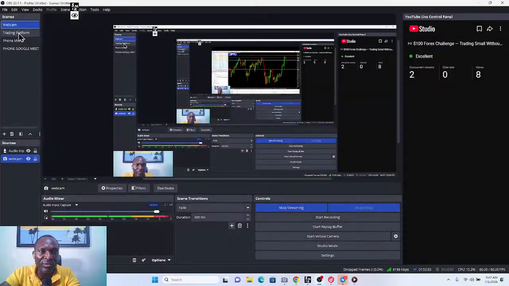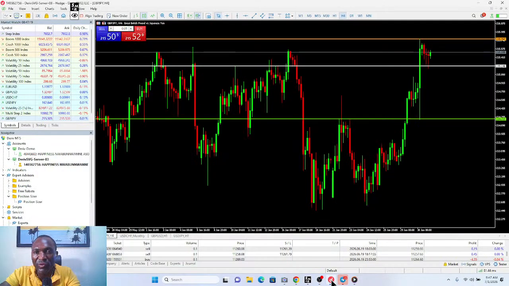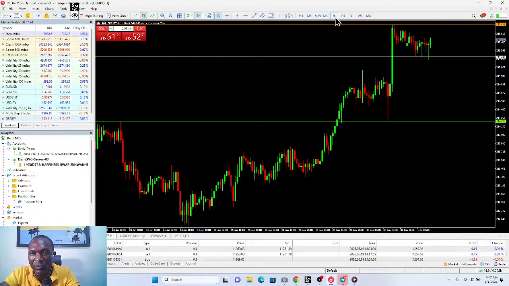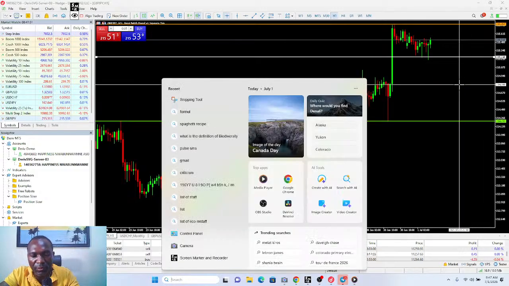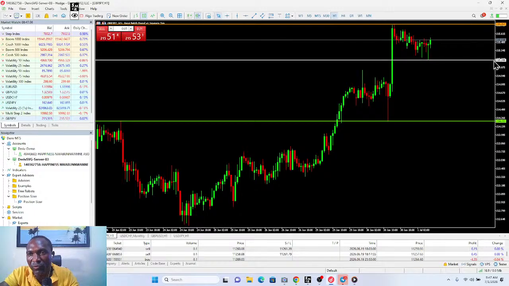On this challenge, we follow the rules. If we blow the account, fine, that means the strategy is not working. But if we do not blow the account, that means the strategy works. And at the end of 30 days, we will see what I was able to do. Now let's go back. We've seen that it's still an uptrend, so all I need to do is move this down.